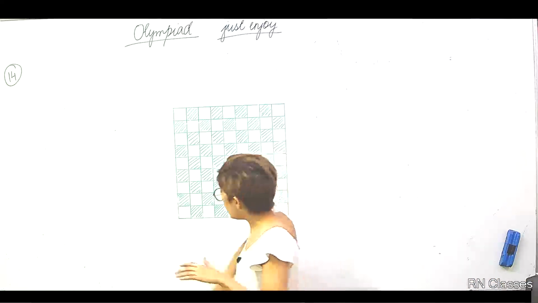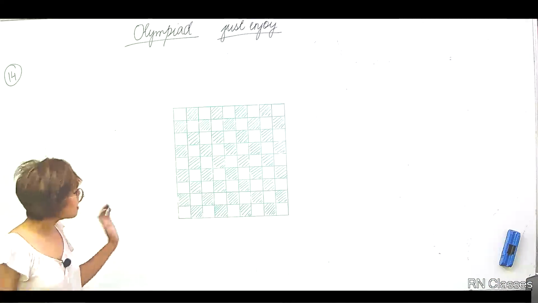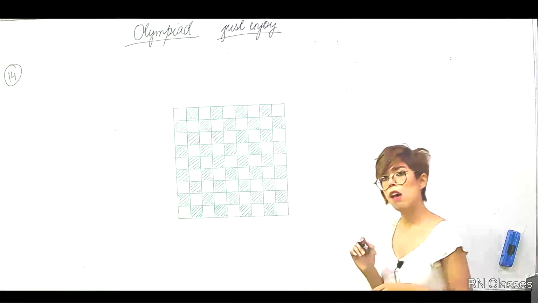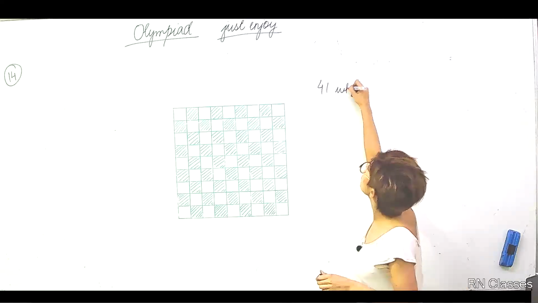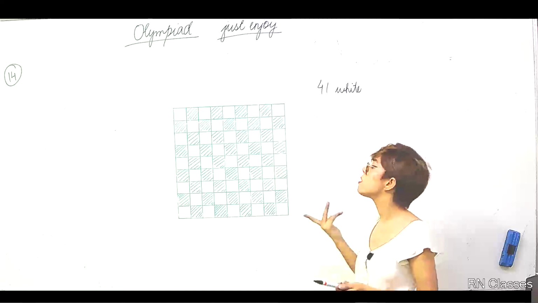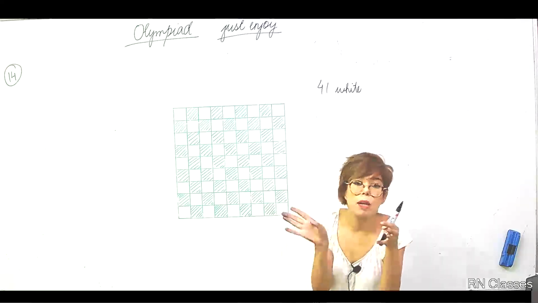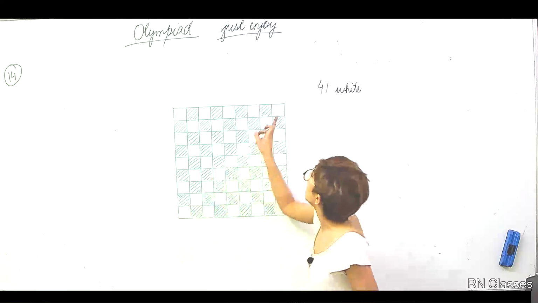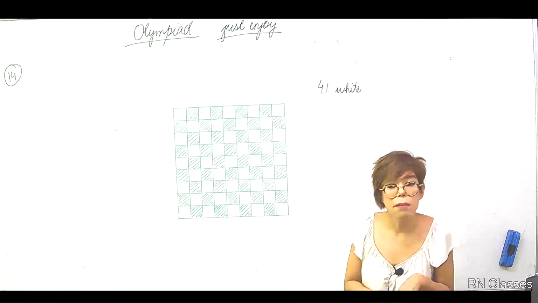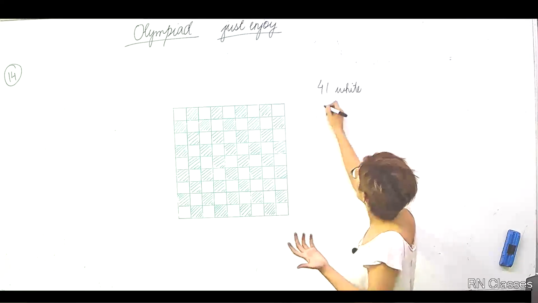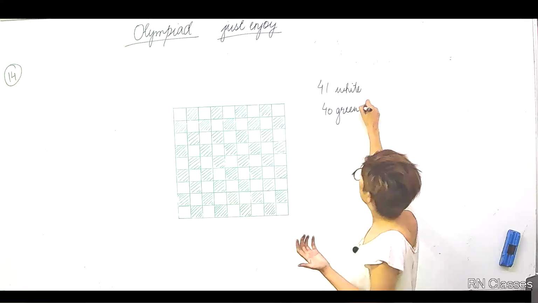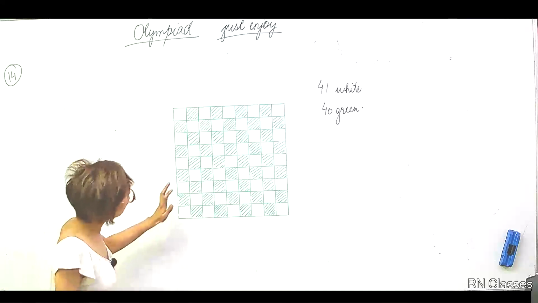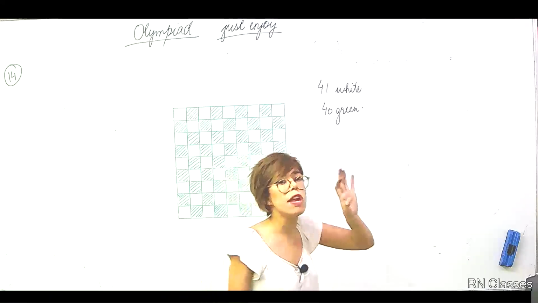Also, did you notice, I'm sure you must have, some are white and some are green. How many white squares are there? 41 white squares. Count them, or else it is common sense. See, there were 81, and 81 divided by 2 cannot be even, it is alternate but not even. Now we are starting with white and ending with white, so obviously the white ones would be more. So 41 white squares and 40 green ones. I gave you the hint. You need to think of choosing 40 squares so that none of them share a common side.